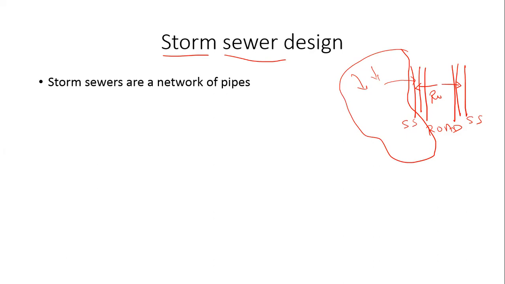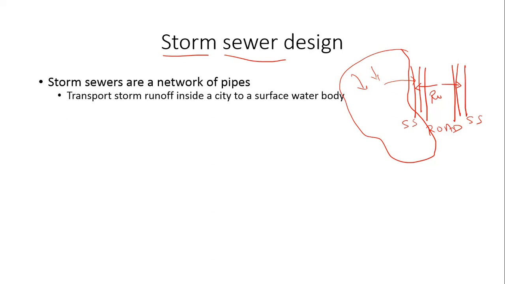It collects the runoff and flows away towards a surface water body, right? So the objective is to transport the runoff generated by the storm to a surface water body nearby. This city may consist of a network of pipes. Every road will have these kinds of pipes. They'll all connect together and form a big network, and eventually this network of pipes will transport all the runoff generated by the storm to a surface water body.